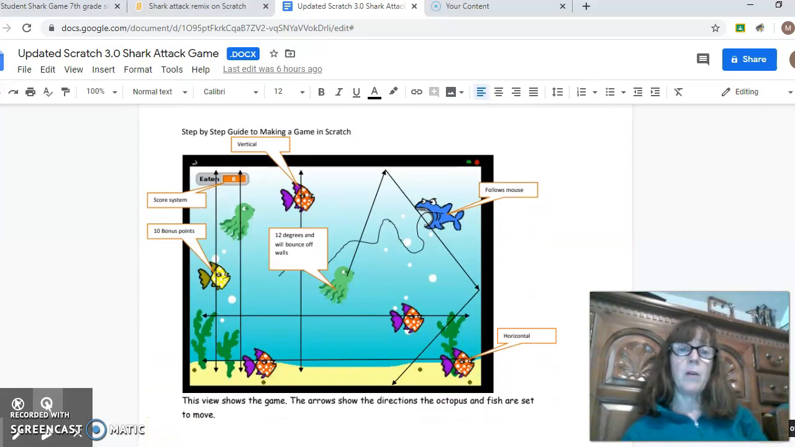So this is kind of a summary. You've got your variable eaten. It's a scoring system. You have a bonus fish. You have your shark that follows the mouse. You have your octopus going at a 12-degree angle, bouncing off the edge, and then your fish are vertical; they are not upside down. So these are the directions, and I have them as well as the